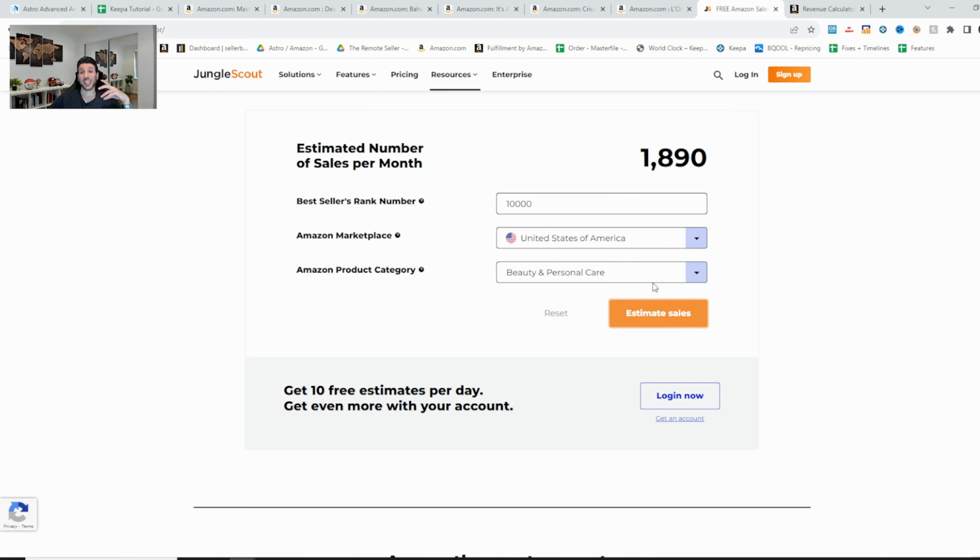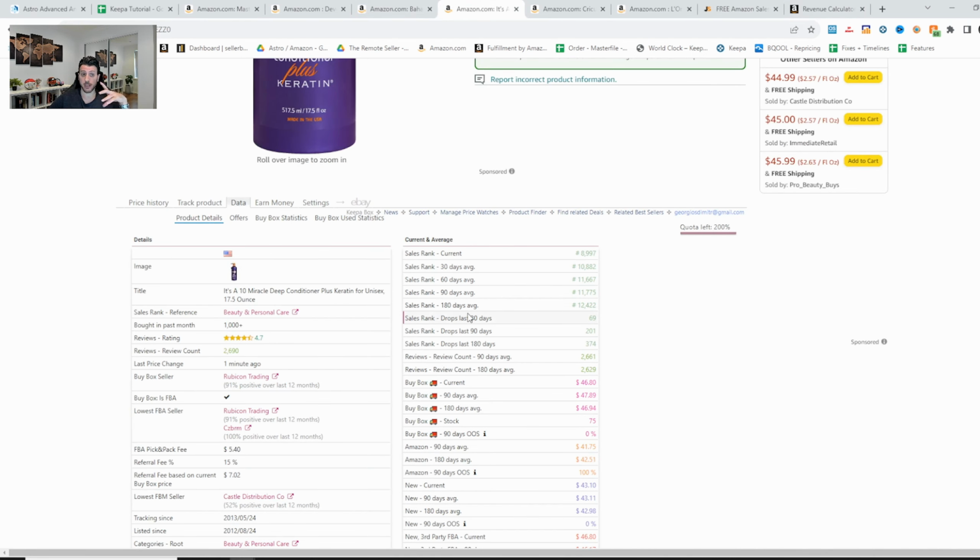So 1,890 sales. There is quite a big discrepancy between the two numbers: 1,000 plus for Keepa, 1,900 for Jungle Scout Sales Estimator. Because I have experience with this, I believe that Jungle Scout is more accurate in this case. It's a lot more than 1,000 plus. But just for this example, I'm going to go in the middle and say that this product sells at roughly,